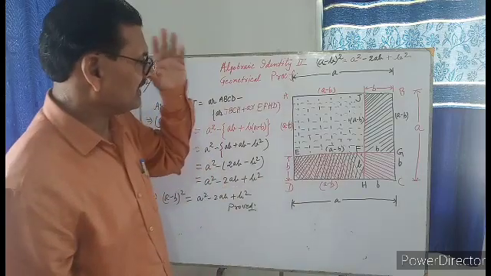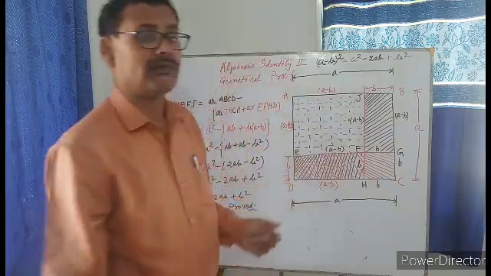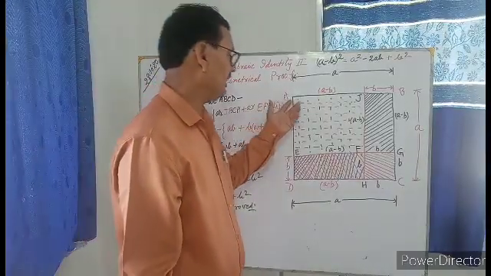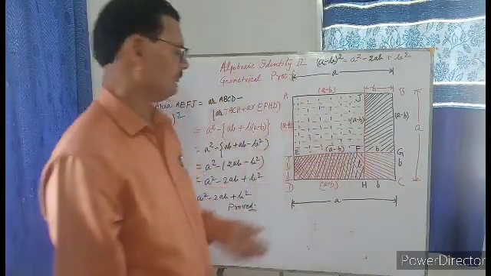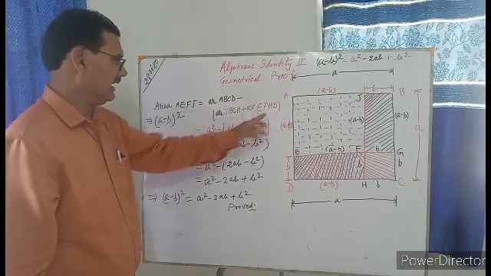If we subtract the area JBCH and area EFHD from the entire area of the square ABCD, then what will we find? We will find the area AJFE. So area AEFJ